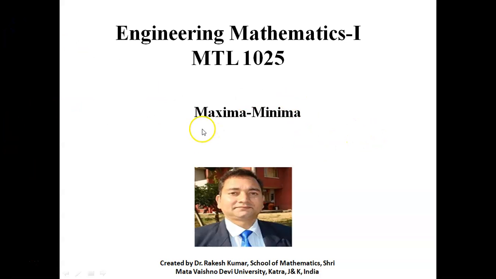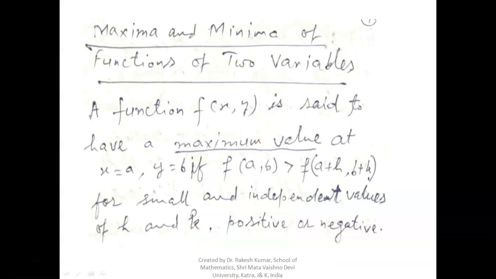Hello friends, in this class we will study maxima, minima or extreme points of a curve. So maxima and minima are for functions of two variables. A function f(x,y) is said to have a maximum value at x equal to a, y equal to b